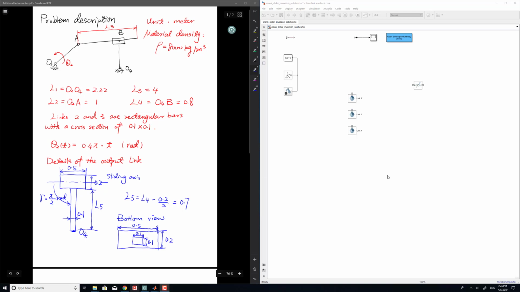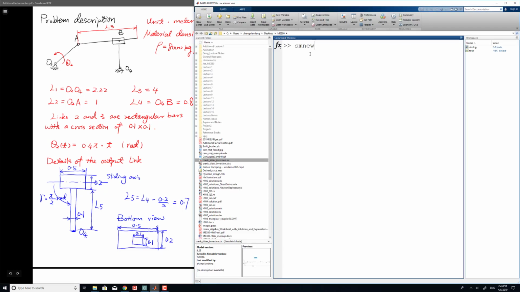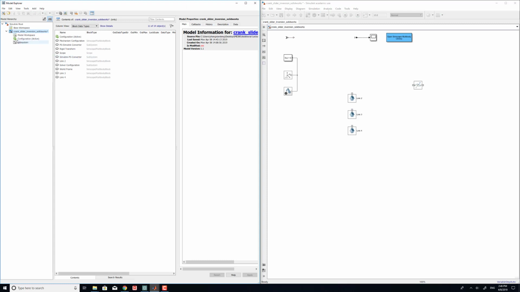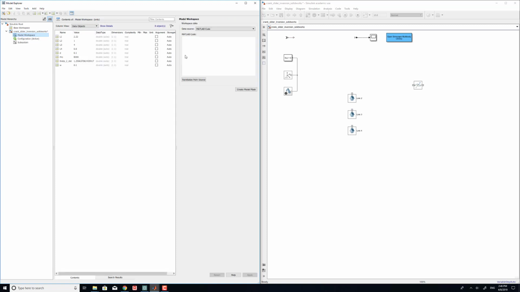So first of all, let's create an empty Simscape model. You can type in smnew in the command window, and you're going to see something like this. And I've already worked a little bit on this model, so we can move forward at a higher speed. So first of all, you go to the workspace, the model workspace, and you